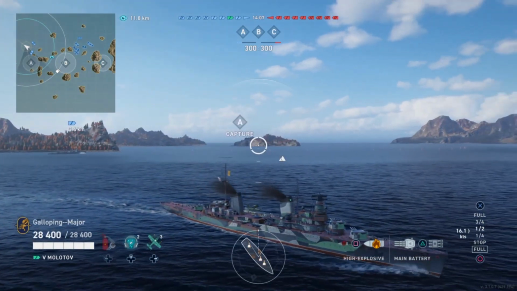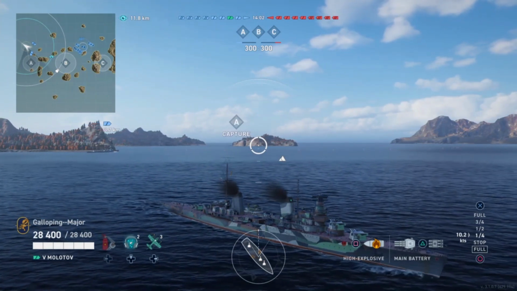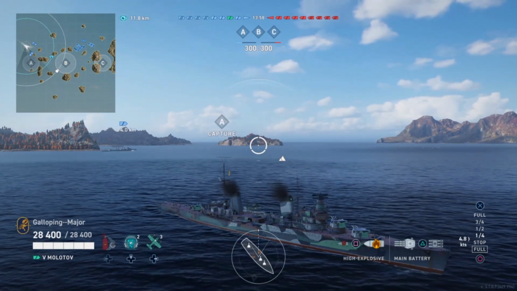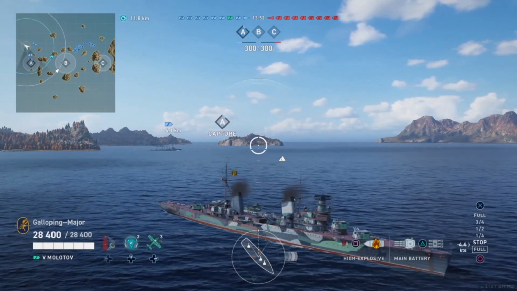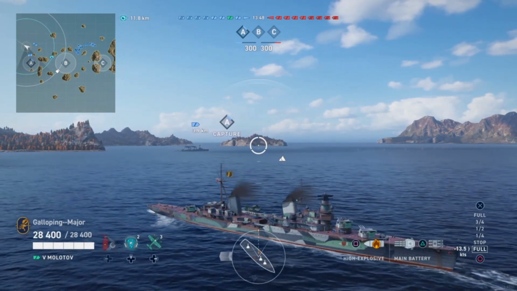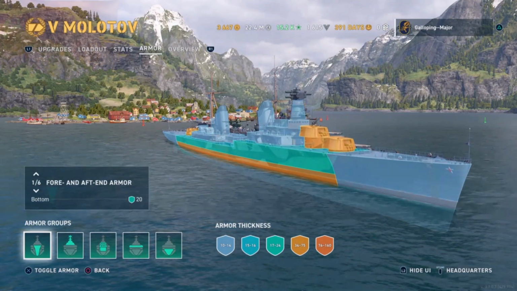So, in comparison to the Tech Tree Tier 5 cruisers, for survivability, you have a below average HP base of only 28,400. Furthermore, you do have no torpedo reduction. When it comes to the armour, it doesn't look too good, but let's go back to the port and have a look at that. So we're back in the port taking a look at the armour of the Molotov,